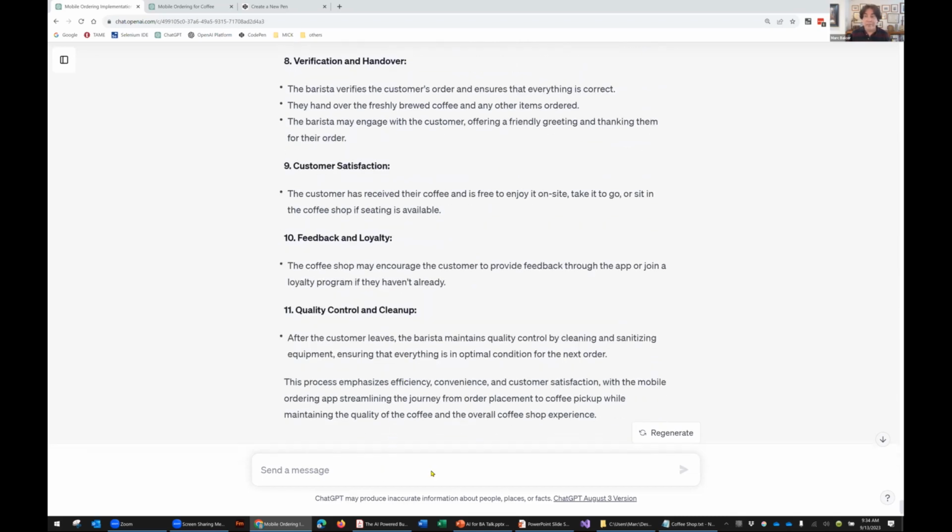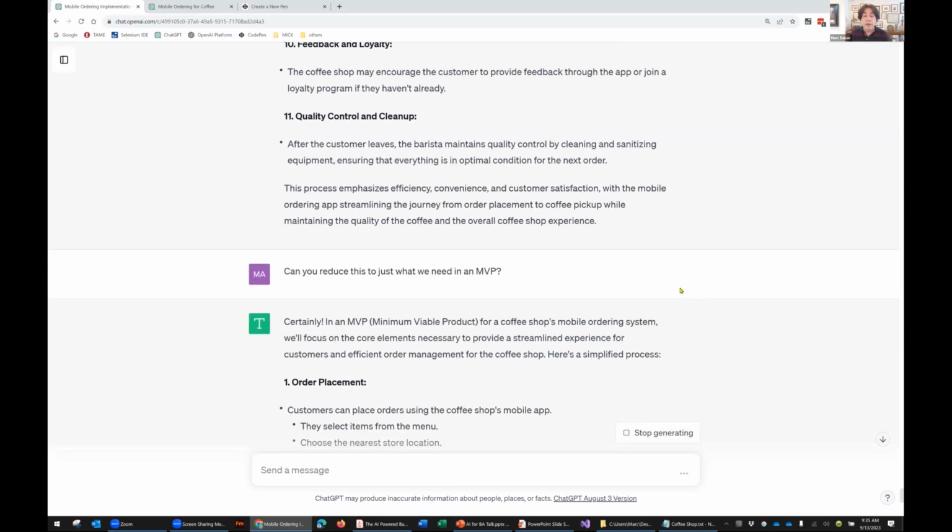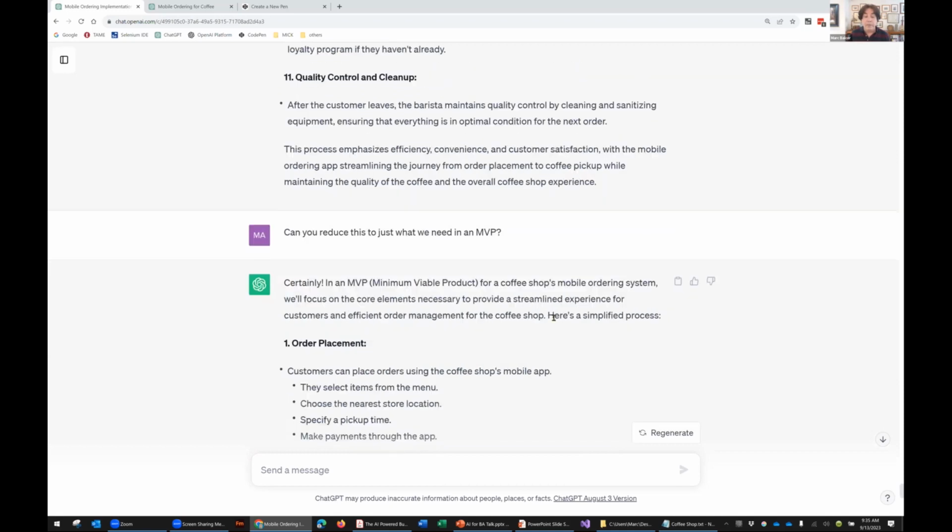All right. I'm starting to get the sense that this is a lot of stuff. And if you're anyone who does any sort of agile development, you know about the notion of a minimum viable product or an MVP. Can you reduce this to just what we need in an MVP?